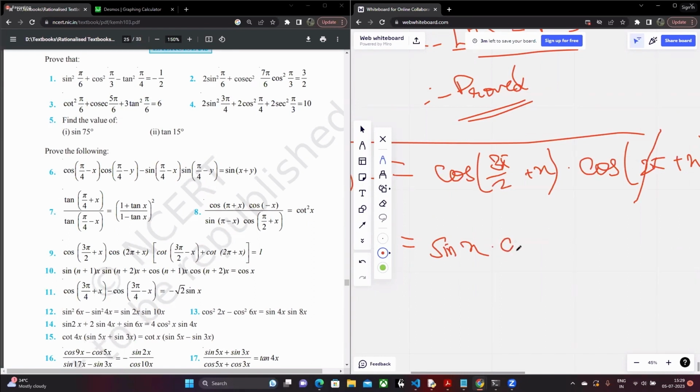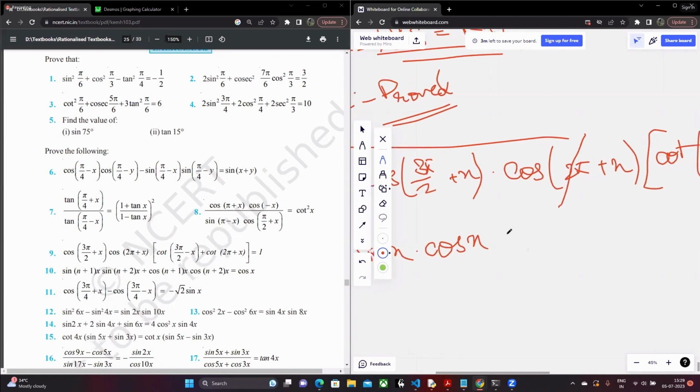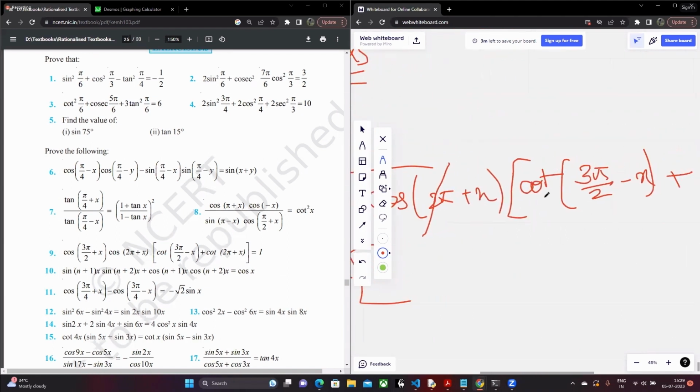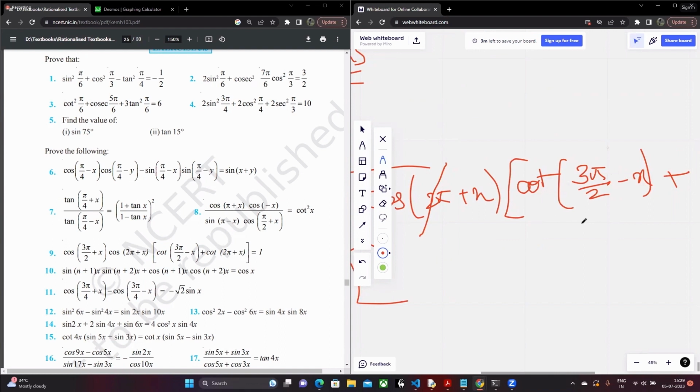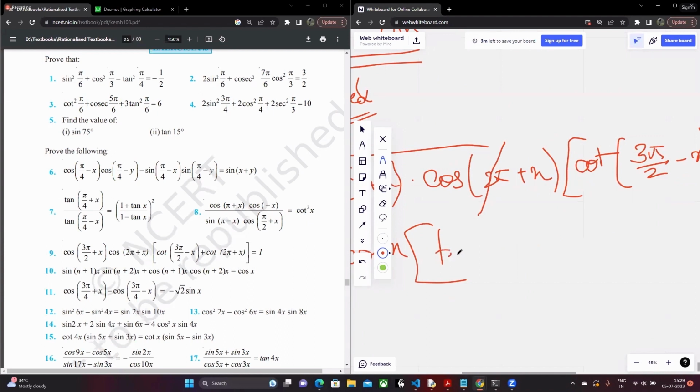This is going to be cos x, whole times this is cot of 3 pi by 2 minus x. This is going to be the third quadrant, right? Since it's a multiple of pi by 2, you are going to change the ratio to tan, right? And since it's in the third quadrant, it's going to be positive. So this will be tan x